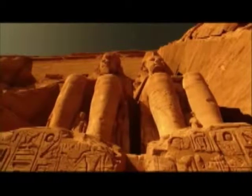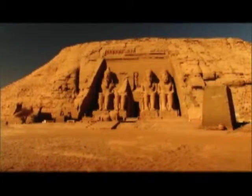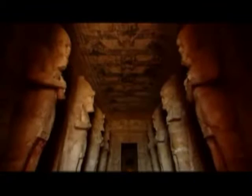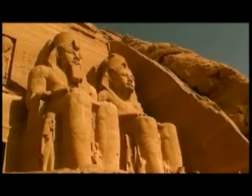Some of the most stunning temples in Egypt are those at Abu Simbel. These are a set of 2 temples that were built by Ramses II, dedicated to himself and various male gods, and a second temple dedicated to his wife Nefertari and the goddess Hathor, Isis, is manifested in Nubia. These temples are huge, they're really colossal, and they were carved out of the living sandstone,